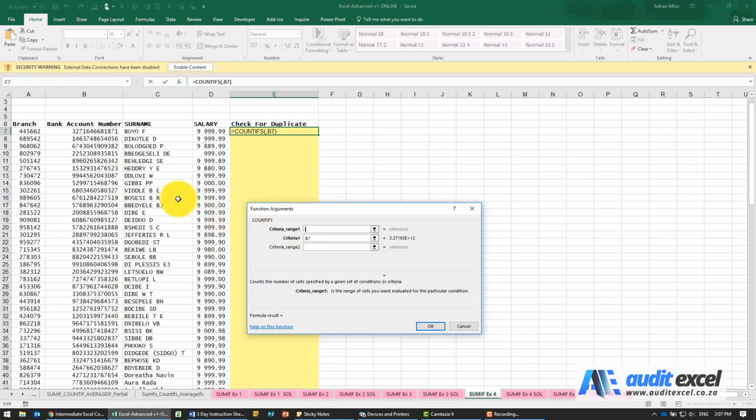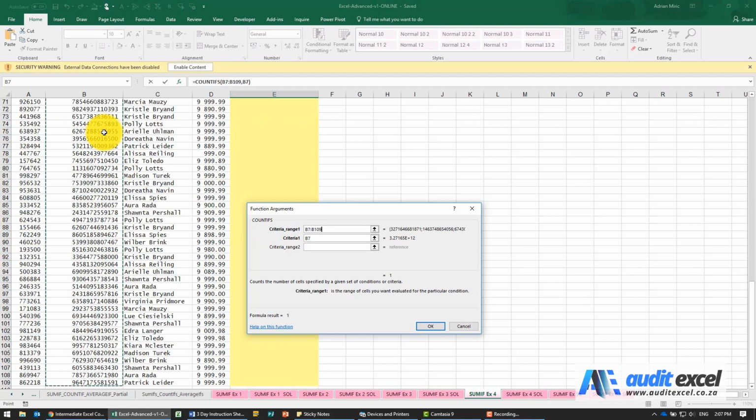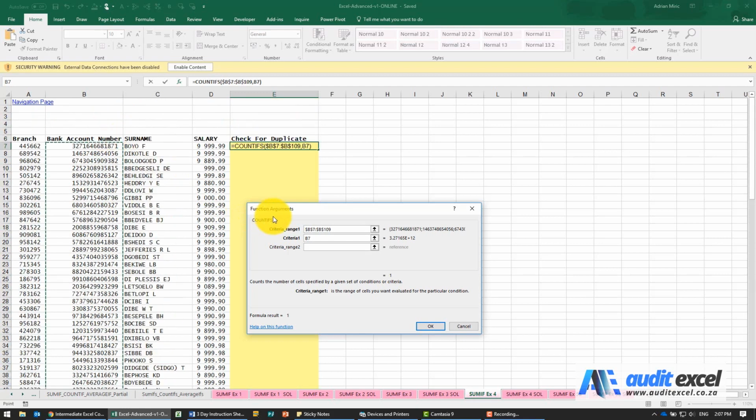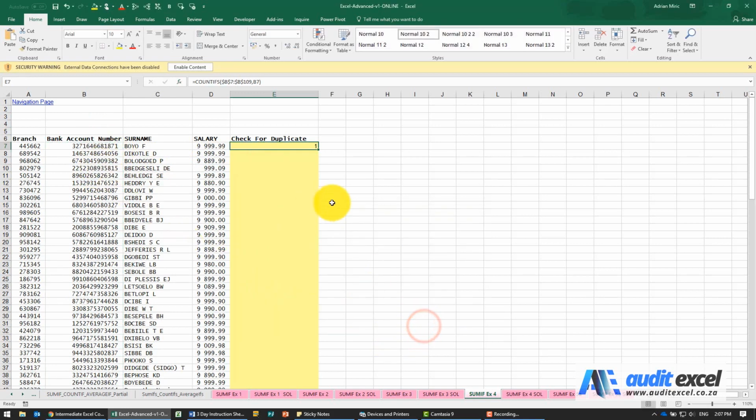So this is the case where you actually refer to the same column. So I'm going to highlight that and I'll put my dollar signs on. So what we're telling Excel to do is to look for that bank account number in all of this list. When you copy down, it'll look here in the whole list again. What you expect to see is a 1. What you don't expect is any more than that. If I click OK, you'll see it's got a 1. I'll copy it. And if you look, you'll see there's cases where there's 3 and 2.